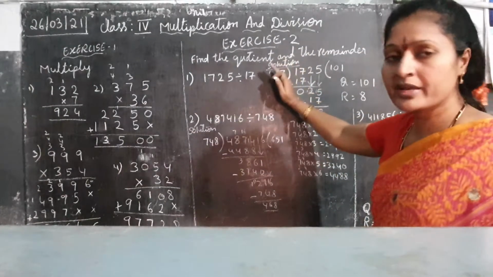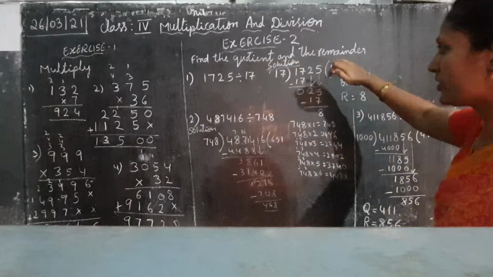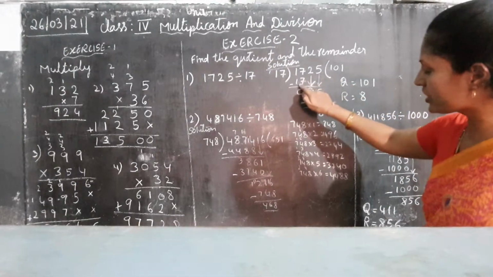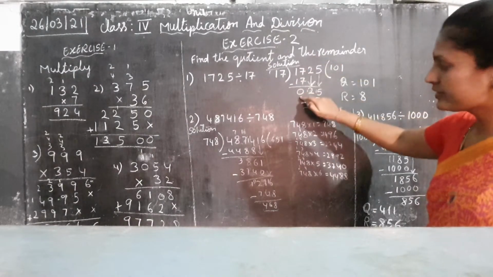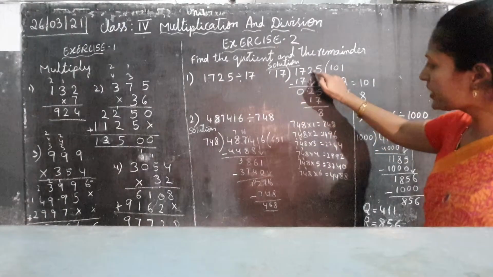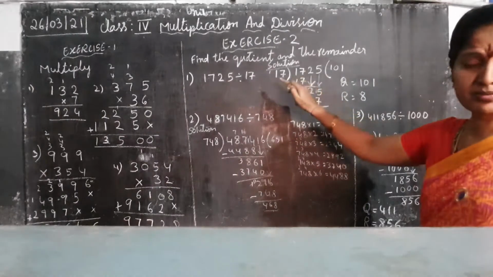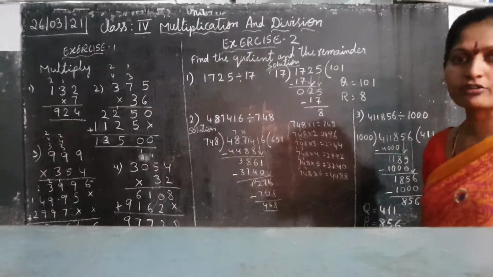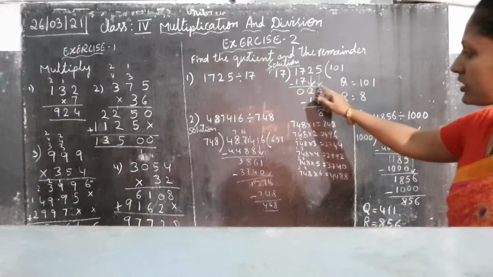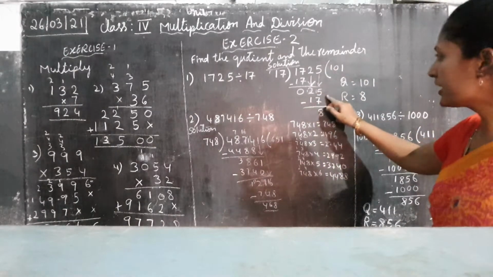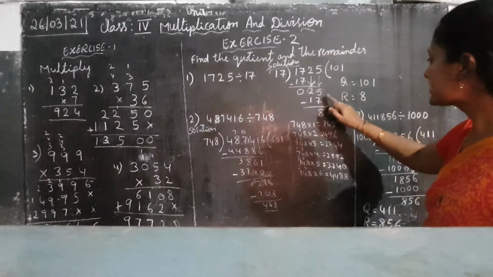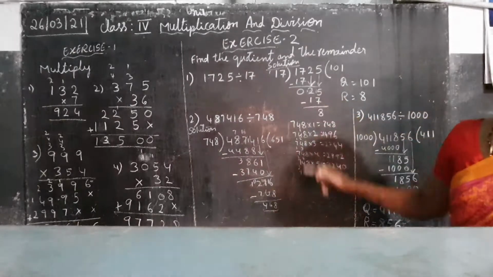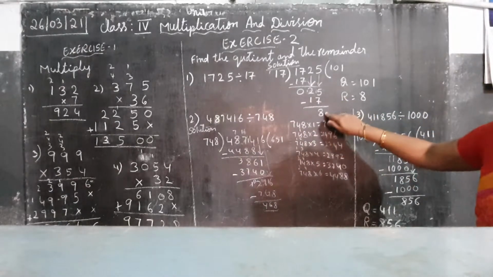From the front, however many digits are there, from that front onwards you have to do. 17 ones we have to take. Okay, 17 ones are 17. Then 17 minus 17, 0. Now bring down this 2. 2 is not divisible by 17, so 0. Okay, one more number you have to take. Then what number will you get? 25. Then 17 ones are 17. 25 minus 17, you will get 8, children.